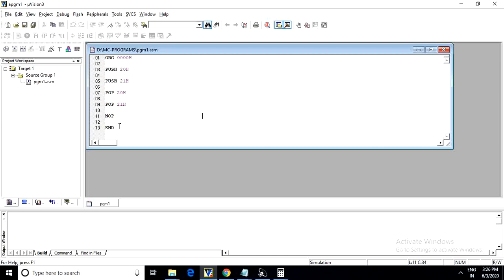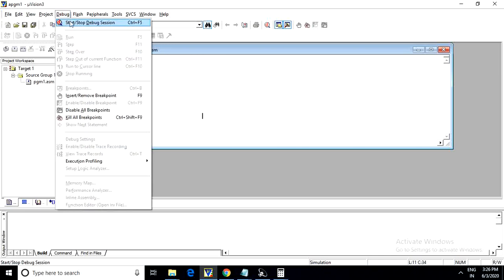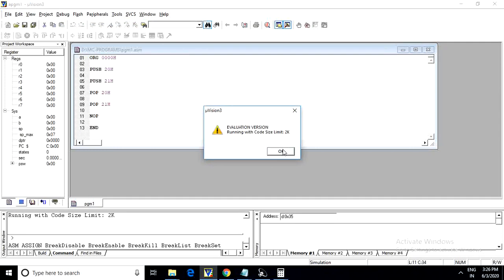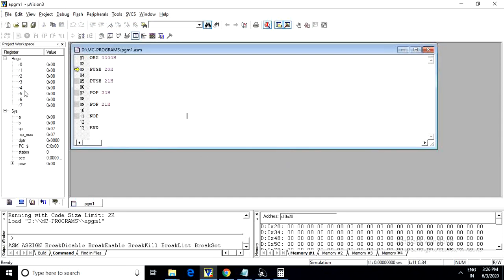So this program is for exchanging the contents of memory locations using stack operation. Let me execute the program. Here, according to the program, the content stored in 20H and 21H locations has to be exchanged.